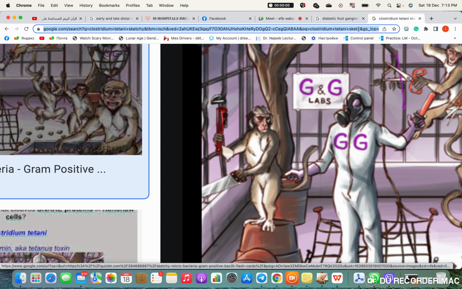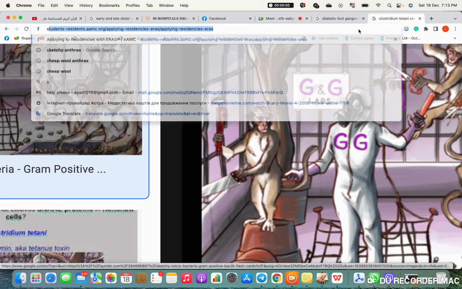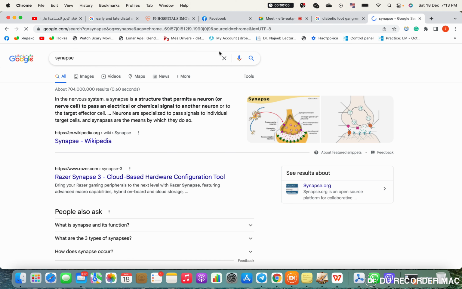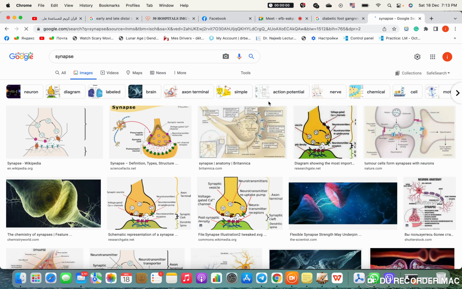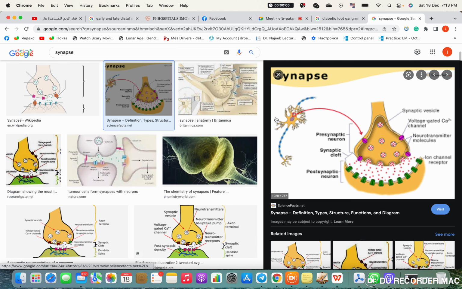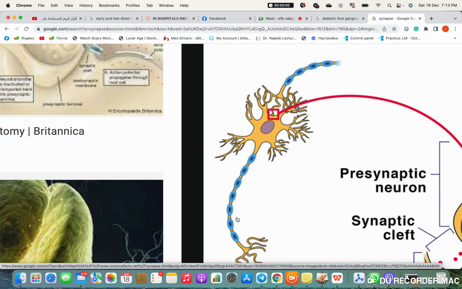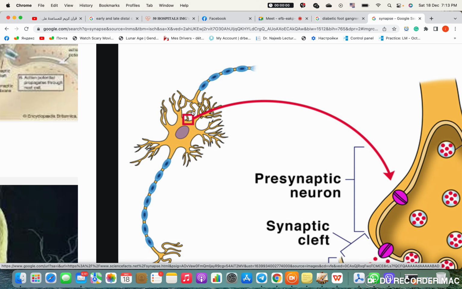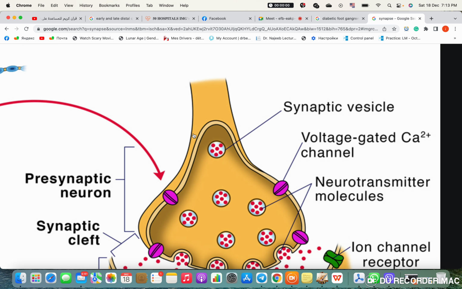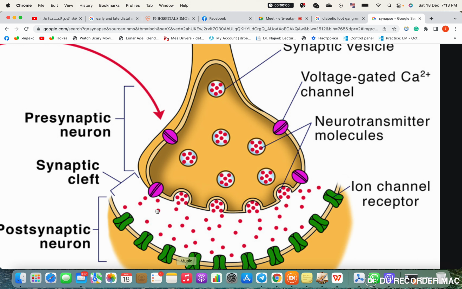presynaptic cleft. So let's first of all speak about the synapse. And what is a synapse? A synapse is a connection between two neurons, or a neuron and a muscle, or a neuron and an effector cell. So if we say that we have a first neuron and we have a second neuron, they touch each other at this point. This point looks like this.